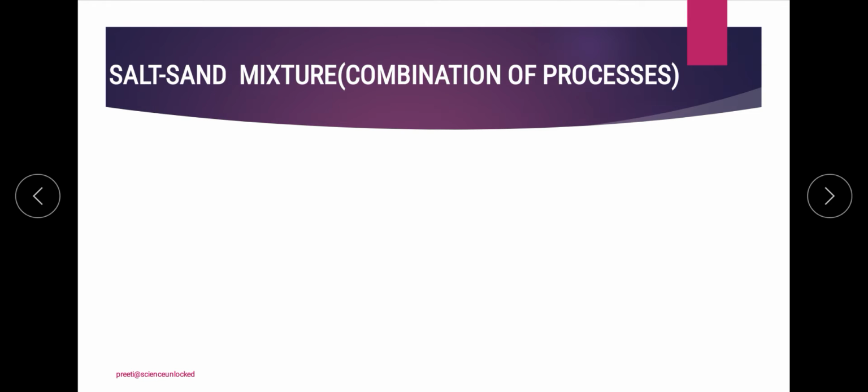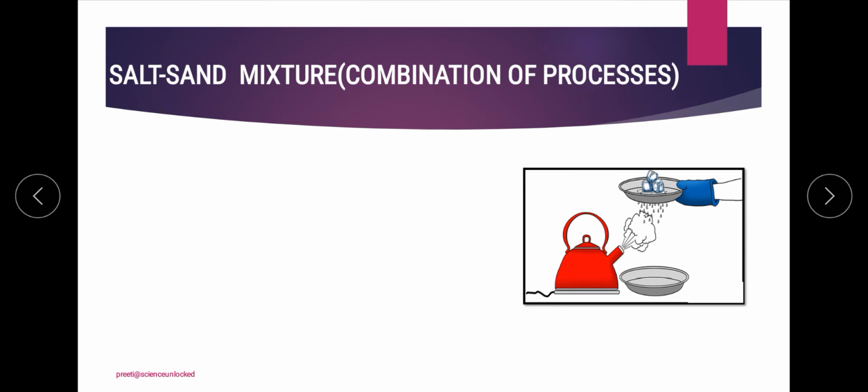In that kind of a combination, we are going to require a combination of processes altogether, like the example that we have taken over here, that is going to be a combination of salt and sand mixture in water. So over here what we are going to do is first of all take out the component which is not dissolved in the water, that is the sand.